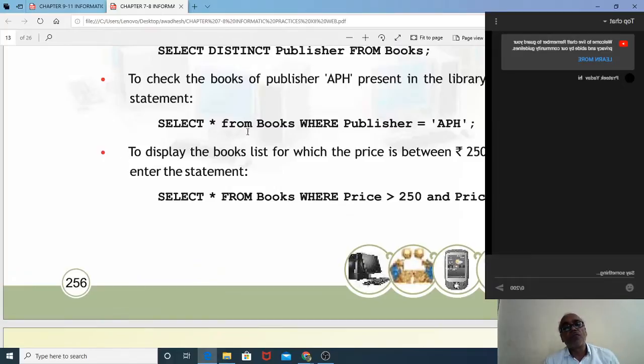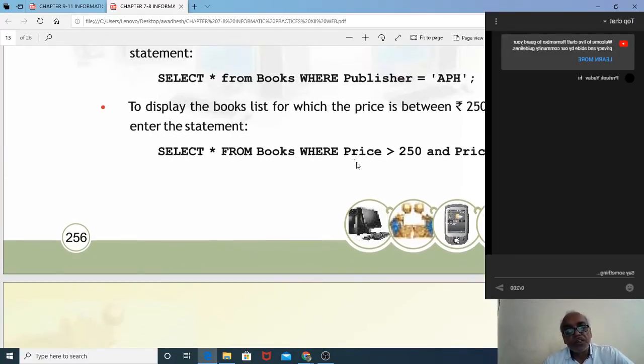Select star from books where publisher is equal to APH means that all the data in the publisher column which have APH stored in it, only those will you be able to see. Select star from books where price is greater than 250 and price is less than 500. So all the rows which satisfy this will be shown.